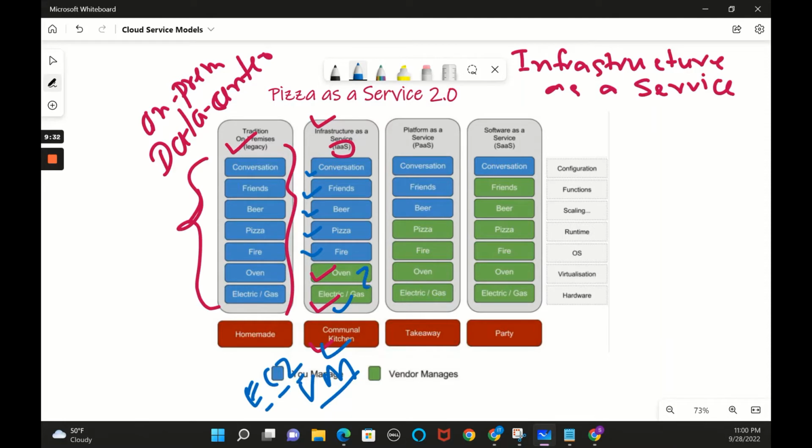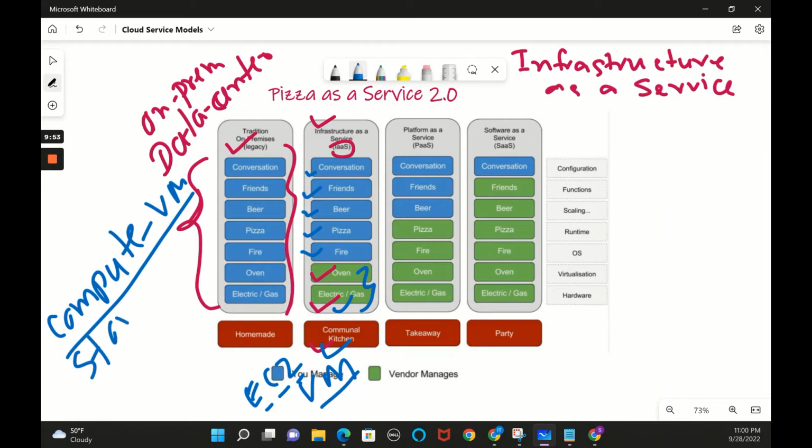He has to maintain these things and update everything. He will maintain and update the infrastructure, like compute, storage. Compute is nothing but a virtual machine. We'll come to know about all these things in the future lessons. Storage, these will all be covered in future lessons. So compute, storage, networking,